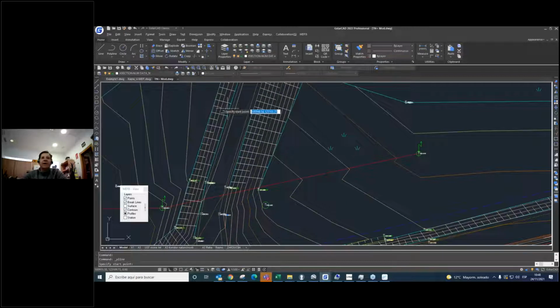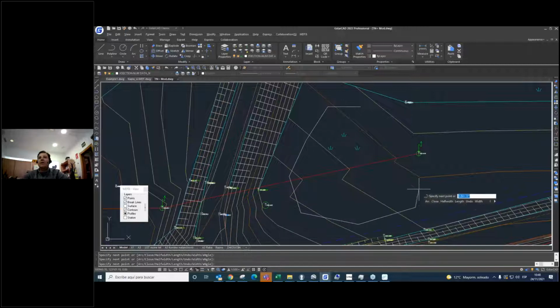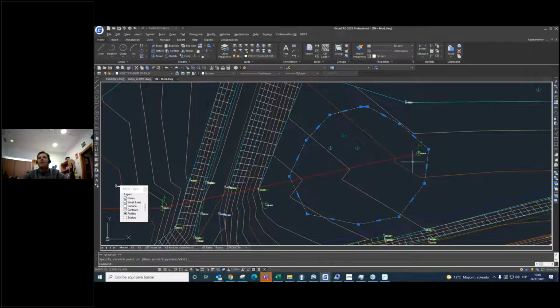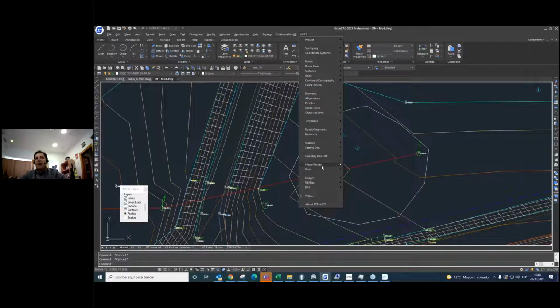For example, I'm going to click here. Sorry, F8. Okay, I'm going to create a basin right now. Close. Like that. For example, I'm going to create earthwork.